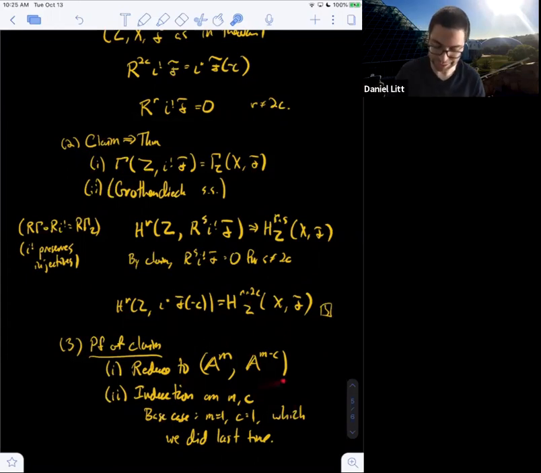Yeah, so you're supposed to think that this is best in the case where C is actually equal to M. So you have the cohomology of A^M relative to a point, and that is relative to the complement of a point. And that literally is the sphere. Are there any other questions?